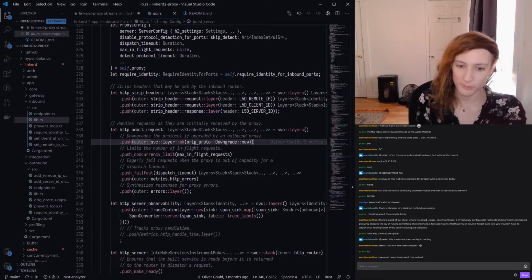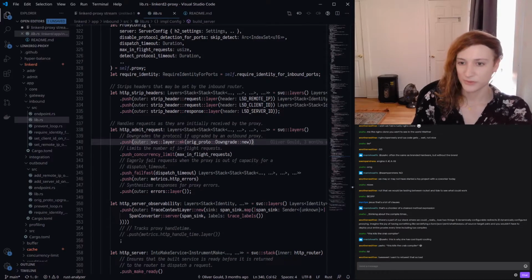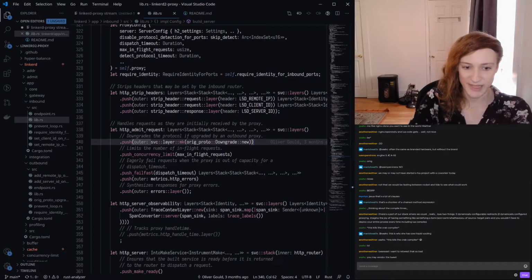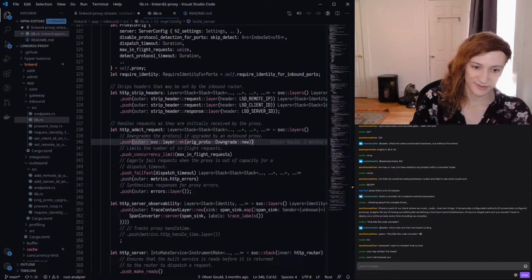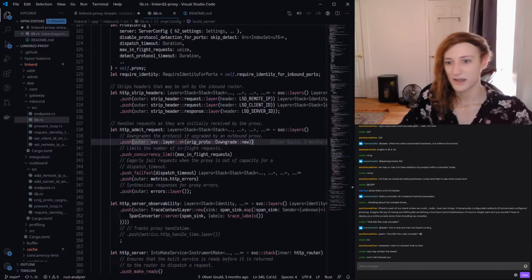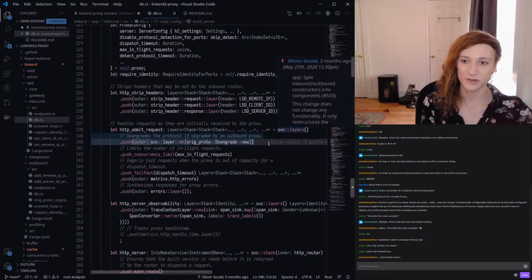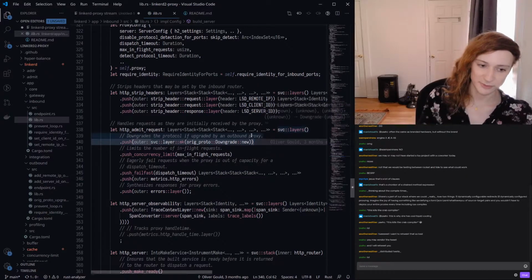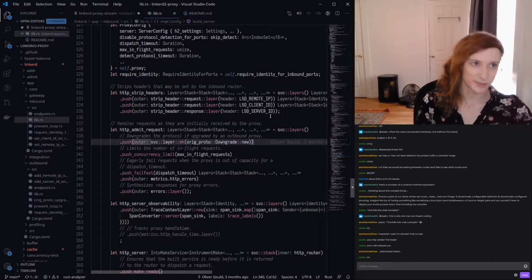Maybe it doesn't know about HTTP2 at all. Maybe the endpoint that it's trying to talk to also speaks HTTP1. We don't know that. So we have this header, and if we see this header, we know, okay, this was sent as HTTP1, so we have to downgrade it back to HTTP1, regardless of what we did on the wire.